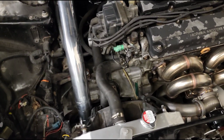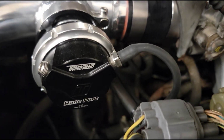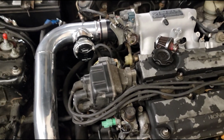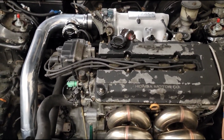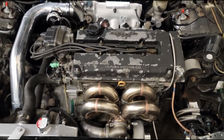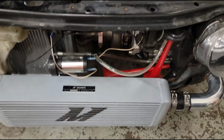Let's see what else. Intercooler piping, everything is fabricated here. The blow-off valve is a Turbo Smart blow-off valve. Now, you might see from time to time we have different blow-off valves on the car, and we have specific companies that we like to use. Tial being one of them as well, but stock is a big thing, and companies are still facing troubles since the whole shutdown and whatnot. So, Mishimoto intercooler,